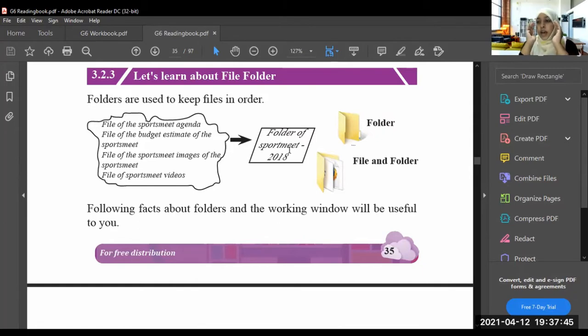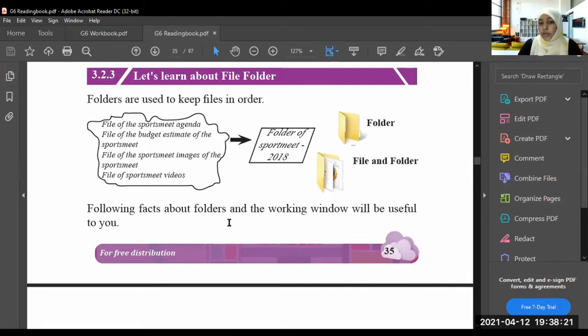For an example, you are having a set of papers from 2010 till 2021. All these papers are science papers, for an example. So what you do, you create a folder to keep these papers. You use a file, right? That file is a folder in the computer. And the files of the computer are the papers which you are keeping inside the file.